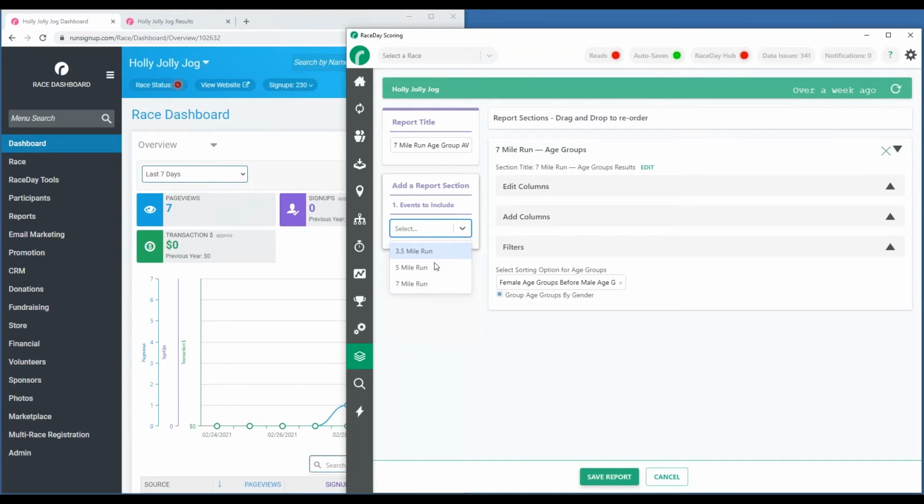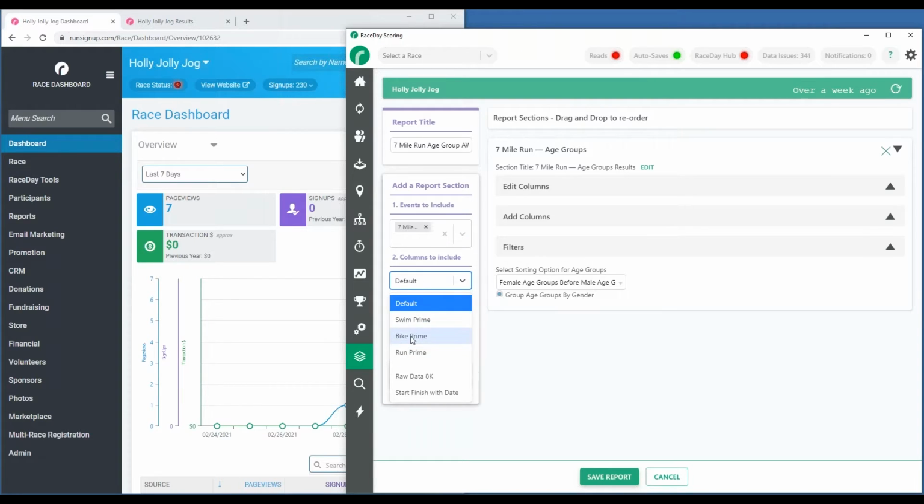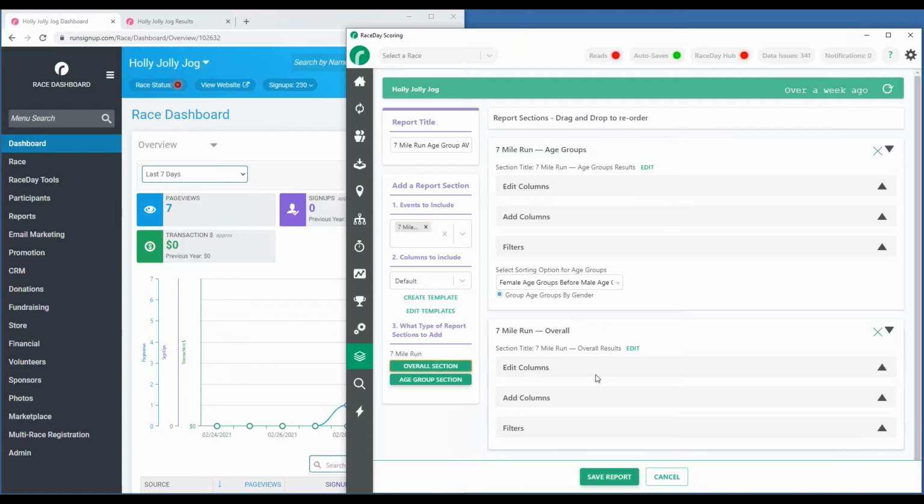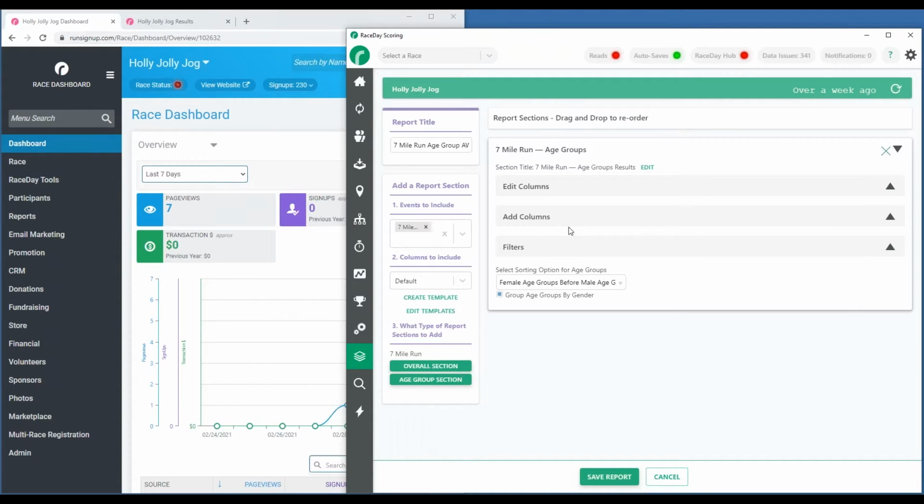With this duplication, you can add a report section. This already has one report in here, and you can drag and drop them once they're in, but this is your 7 mile age groups. If you wanted to add another, there are plenty of other templates to use from other events, including preem information. If you want an overall and an age group section, you can drop these in. You can create your own reports as you see fit. But we're going to start with just this age group, because for 99% of events, this is all you need for a printout